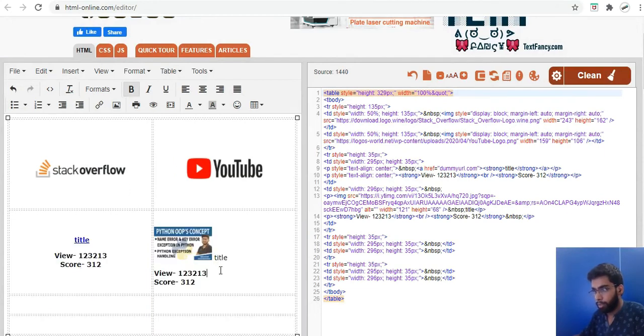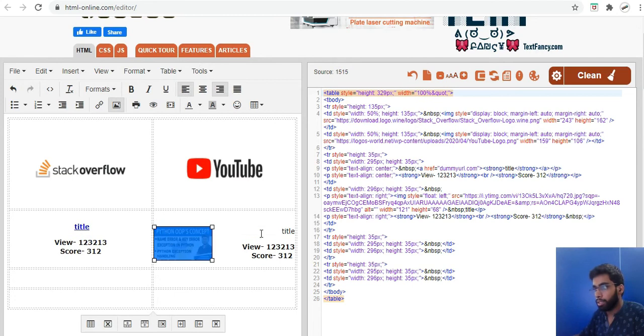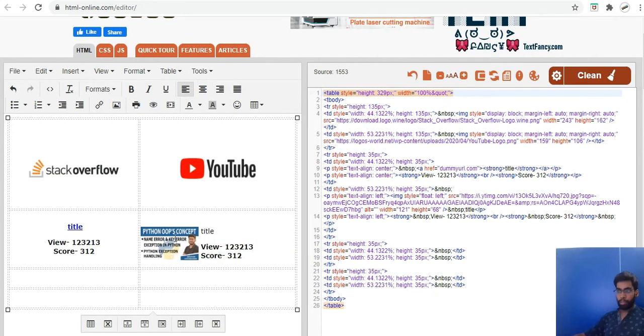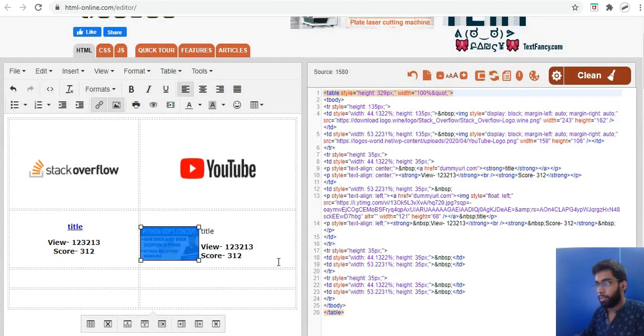So this image should be a hyperlink. So I will just add a hyperlink here, dummyurl.com. Right. So this is a hyperlink, and here the title is the hyperlink, and this gives me the view duration.